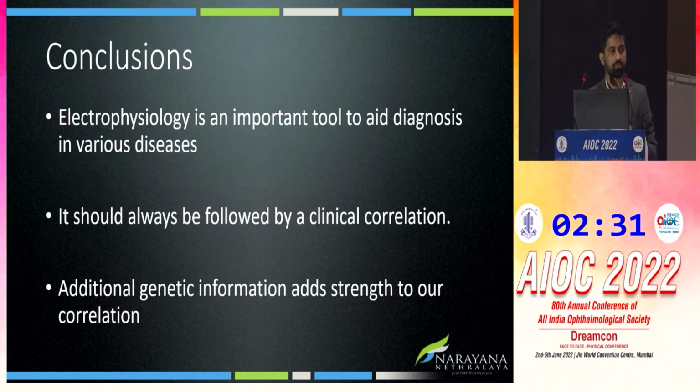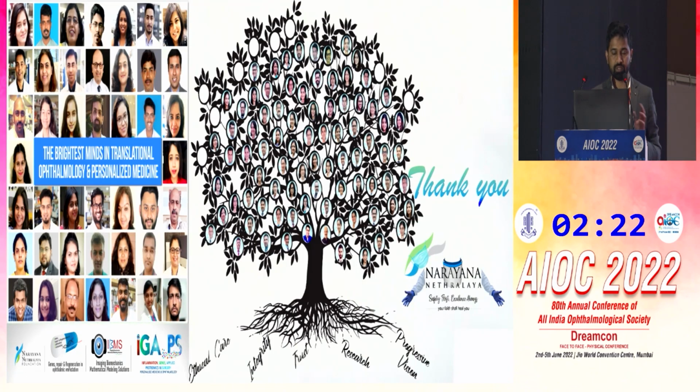To conclude, I would like to say electrophysiology is an important tool to aid the diagnosis of various diseases, but it should always be followed by clinical correlation. If we are suspecting retinal dystrophy,